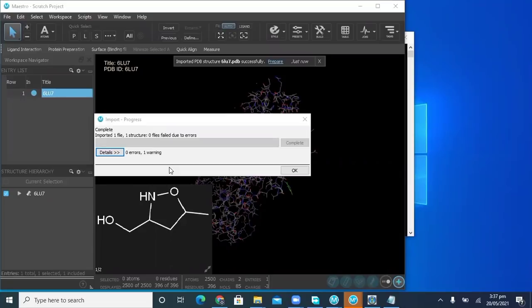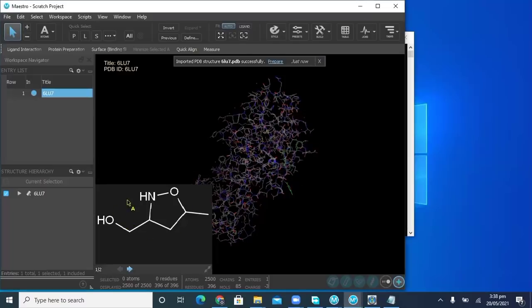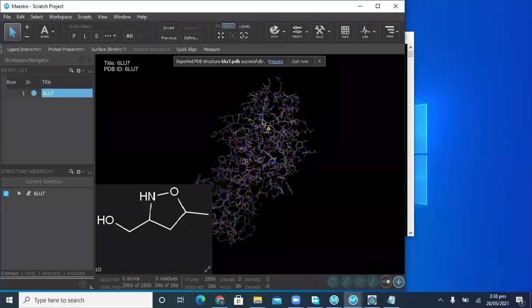If there are errors and many warnings, then we will dock this protein and ligand again, and before docking we perform the minimization process. This is the ligand as well, and this is the complex.